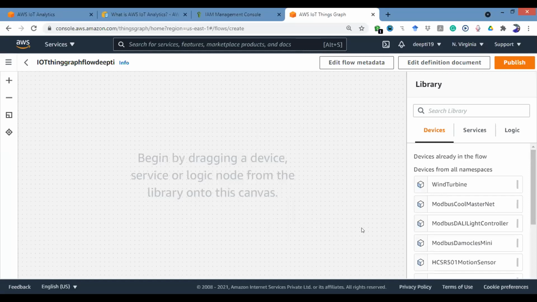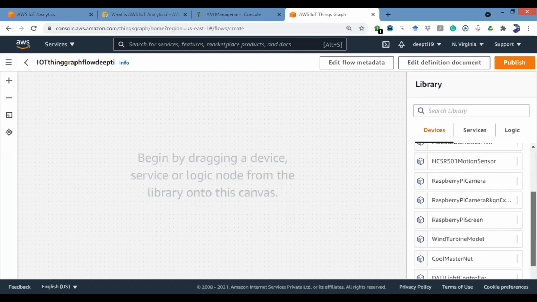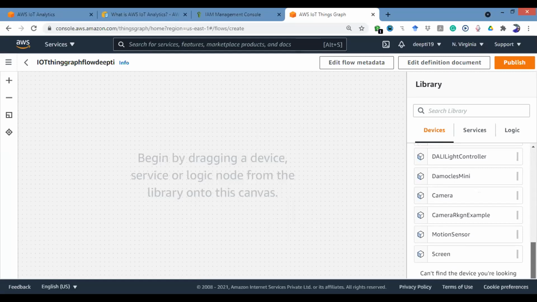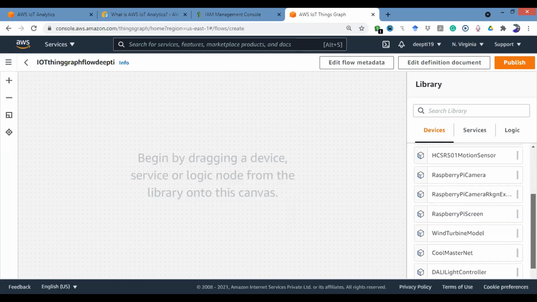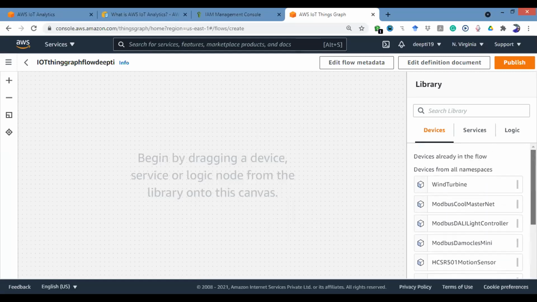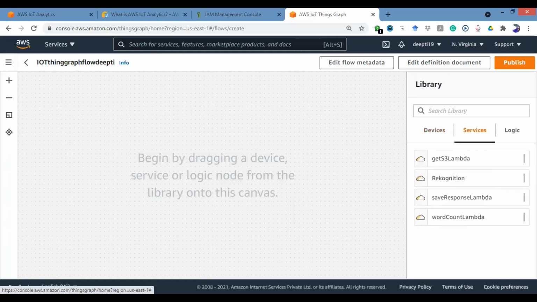Now you can simply scroll and you can see the devices. These are the different devices that are available, sensors and all. Now click on services. These are the different services that you might need in order to do the configuration or some operation.